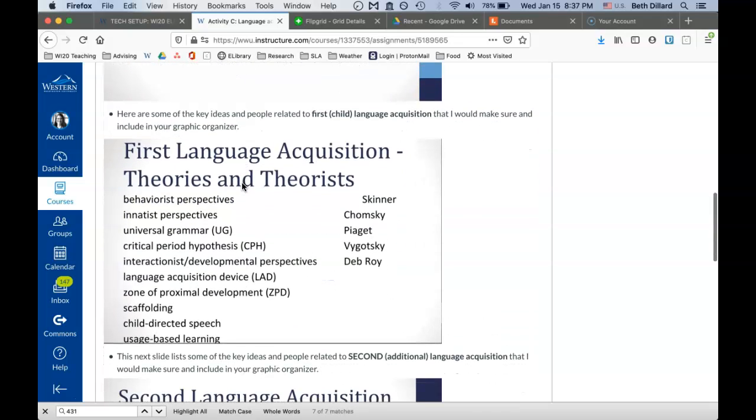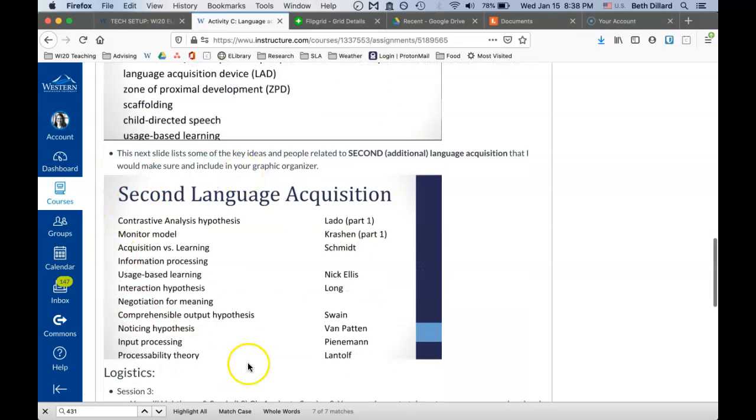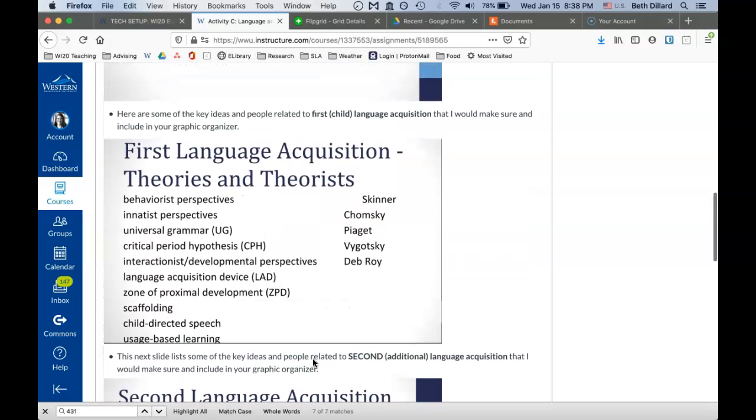The next thing to guide you is I've got a couple slides here that list the main ideas from Chapter 1 in Lightbown and Spada, which you have already read, and then this is the list that will guide you in Chapter 4 of Lightbown and Spada. And so these are ideas and people that it would make sense to include in your graphic organizer. It's here as a way to help you, in a thick chapter, pull to the surface the main things to pay attention to, and to also guide you in what you include